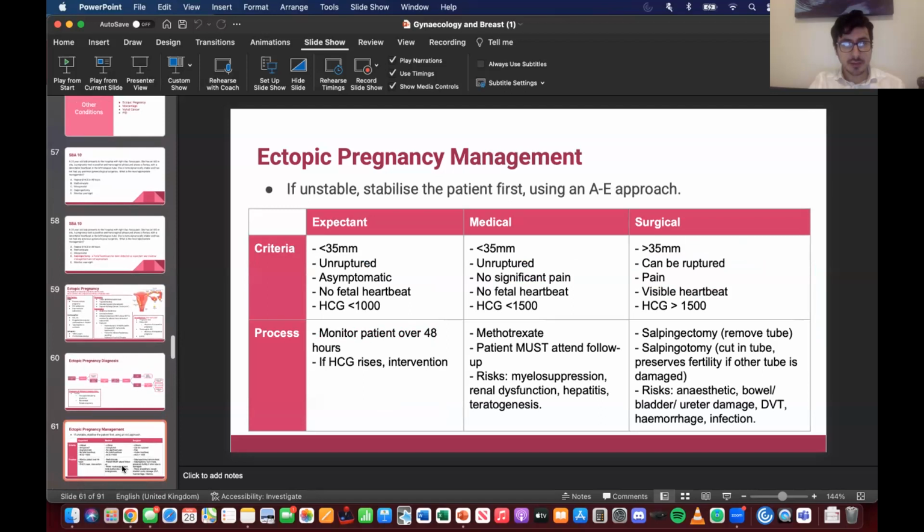How do we manage it? First, if you're presented with this in an OSCE situation, you'd want to do an A2E approach to make sure the patient is stable. And if they are unstable, stabilize the patient first. Once we've done that,